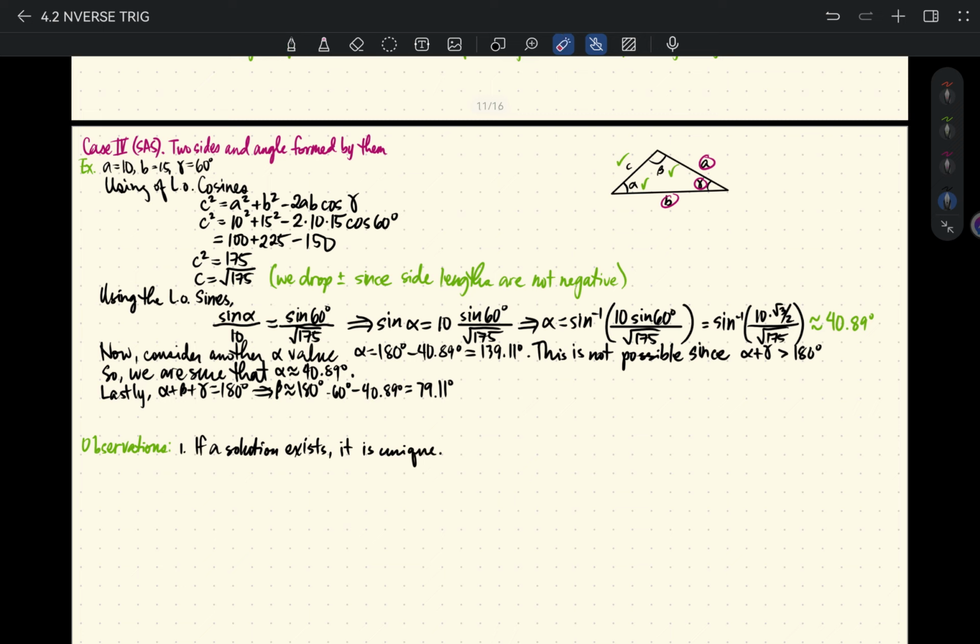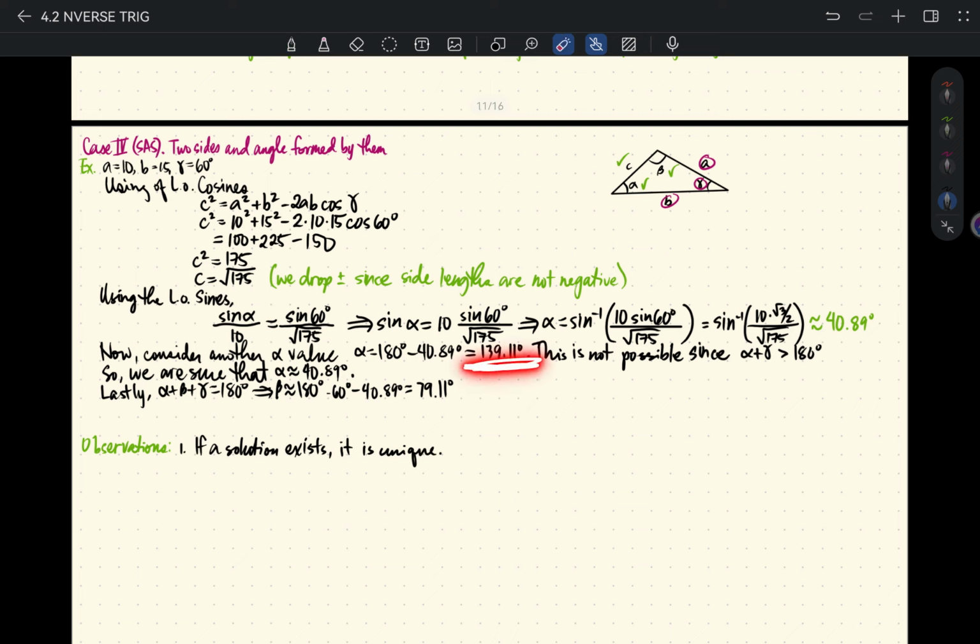Although I said that we can consider the obtuse case, in reality, it can be shown that the acute angle is already enough. So, no need to consider